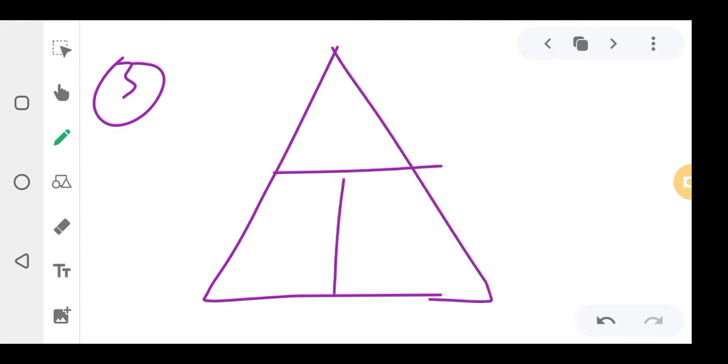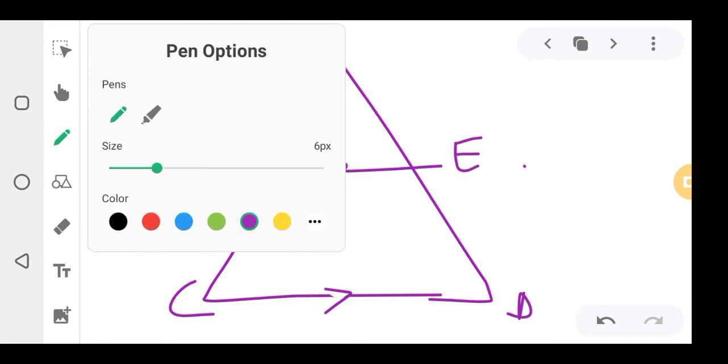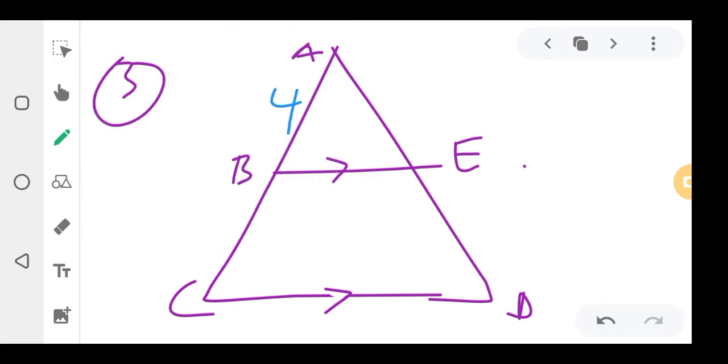And then, this one is not there. So I said these ones are always parallel. They can say A there, they can say B, C, D, E. Okay? And then they can give you this one as 4, this one as 5. And then they say,